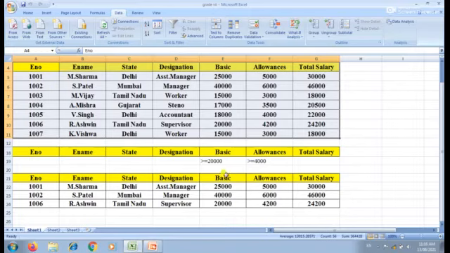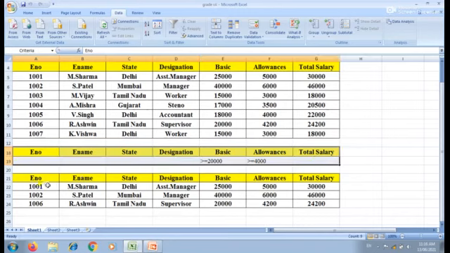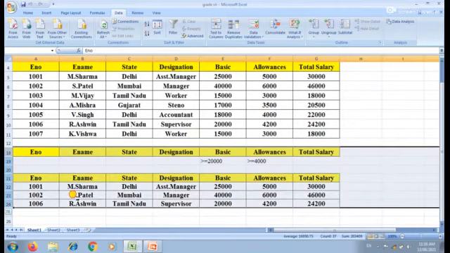Related to that criteria, those records are displayed. So this is the list range, this is the criteria range, and based on this criteria we have got some result. Did you understand, student? Okay.